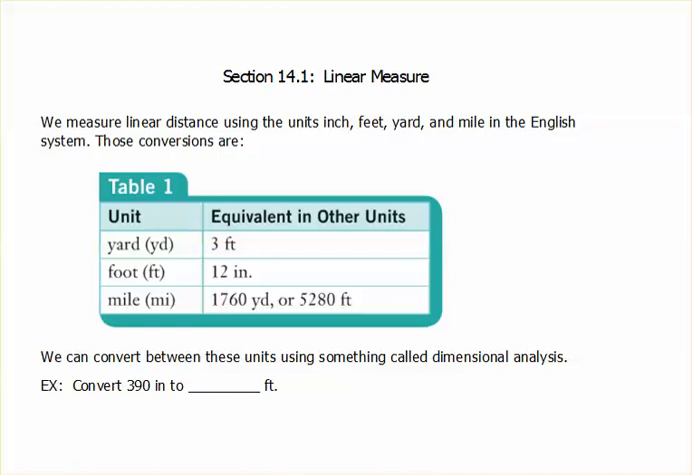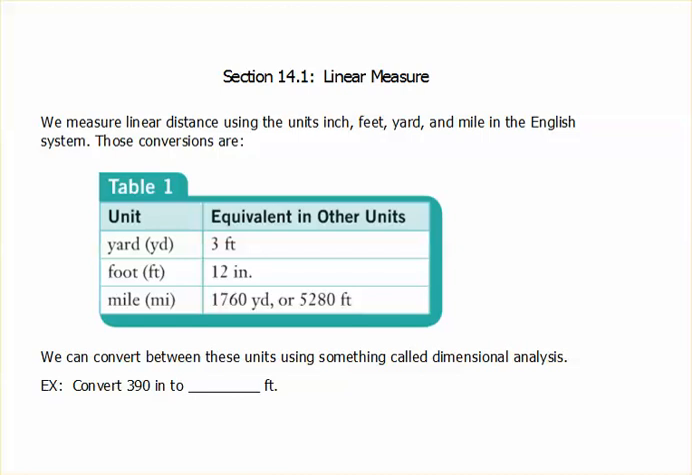In this section, we're going to be talking about linear measure. And we measure linear distance using the units inches, feet, yards, miles, and those are all in our English system. So now I've copied over the conversions for you just in case you need them. Like for instance, 1 yard is equivalent to 3 feet, 1 foot is 12 inches, and 1 mile is 5,280